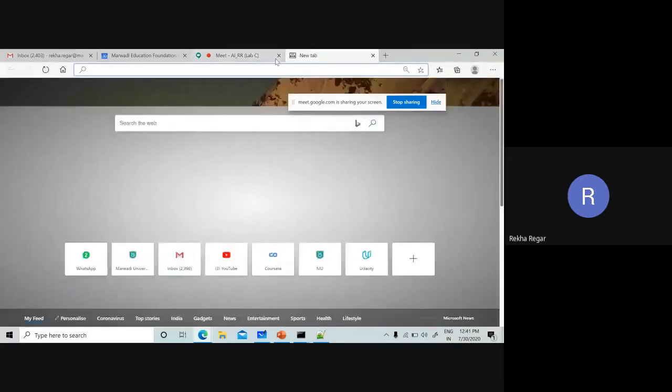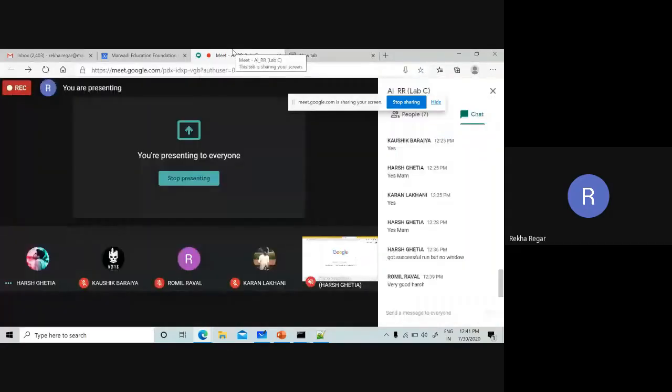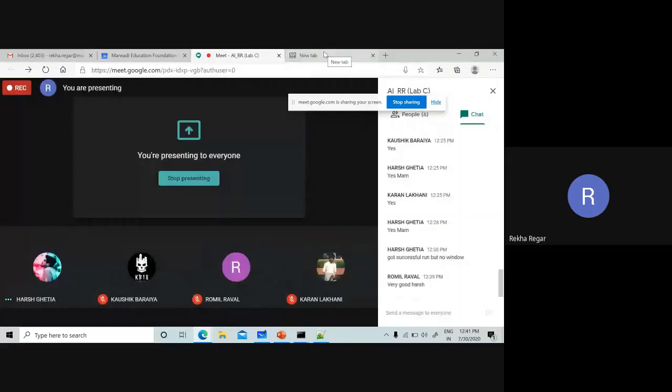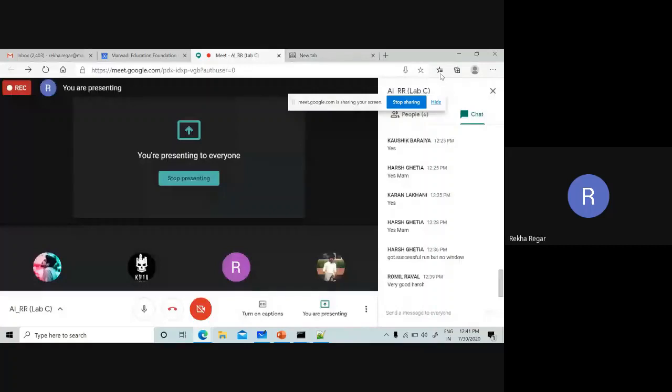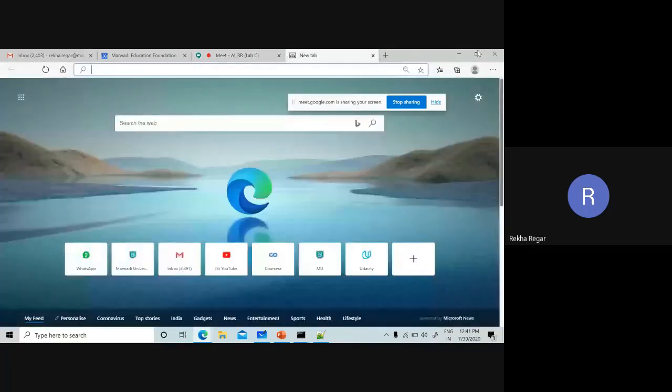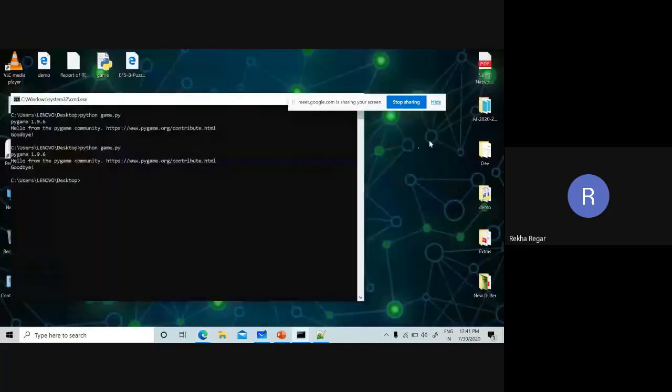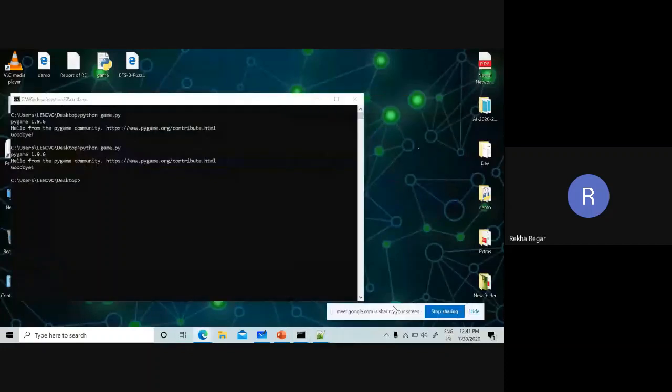I can explain how you can make the folder. We have to create two folders on the desktop. Whatever program I am going to write is on the screen.